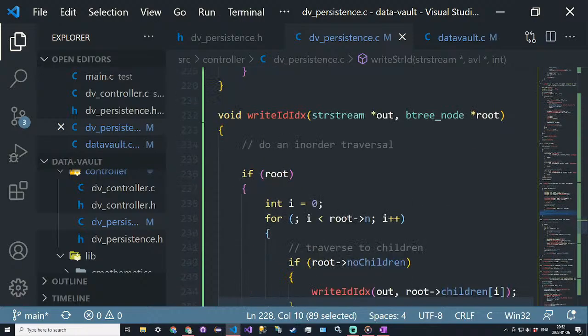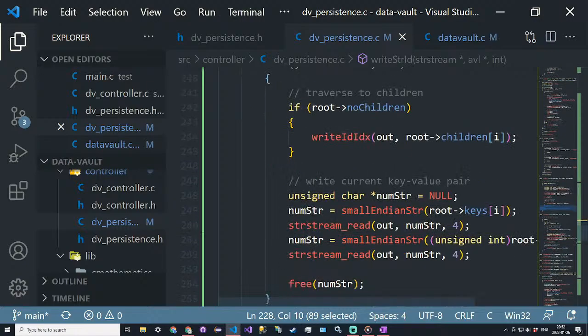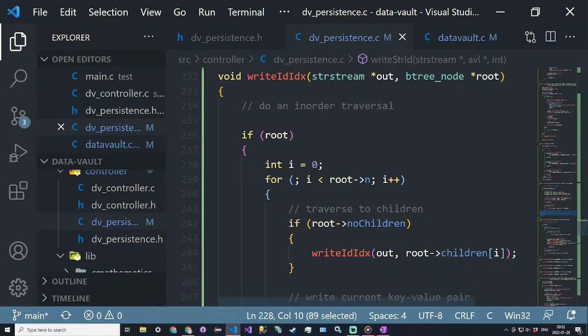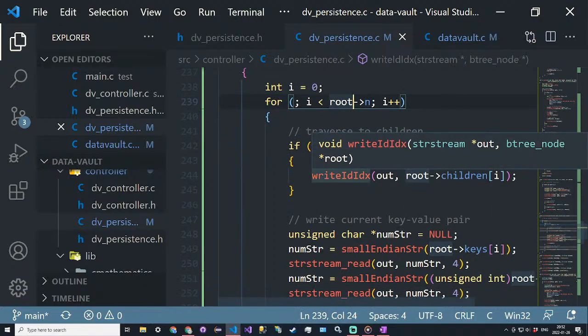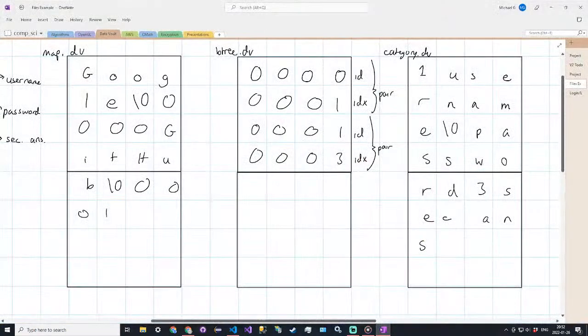Now for write ID IDX, it's a little simpler since we're just... that's not simpler. We're doing an Inorder Traversal of a B-tree, so we check the root, then have our counter, go to the children because the children to the left of a node are less than, if I can get my